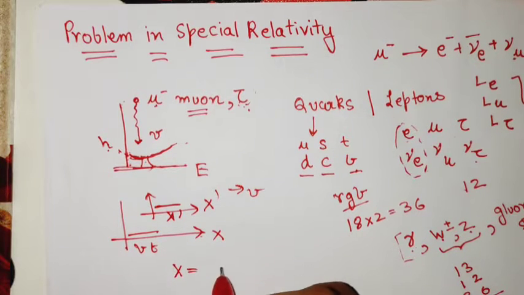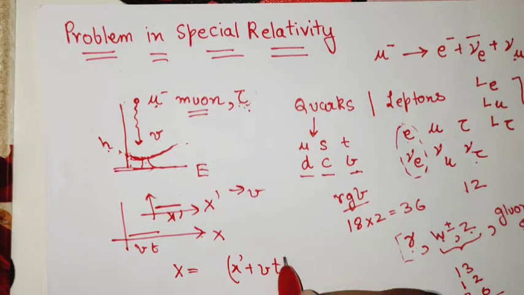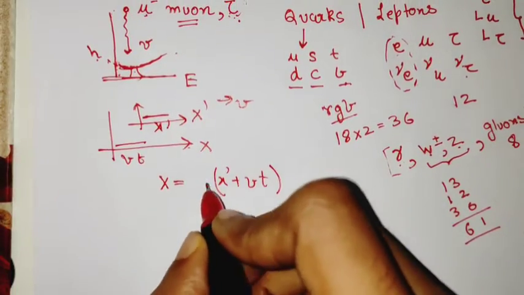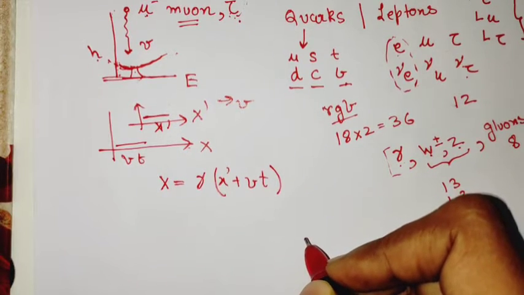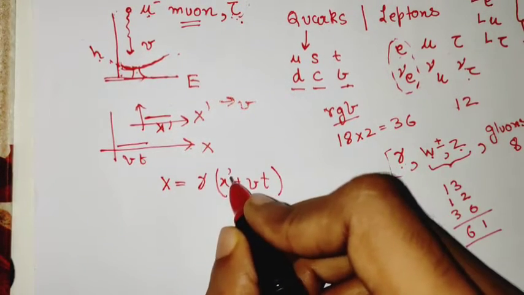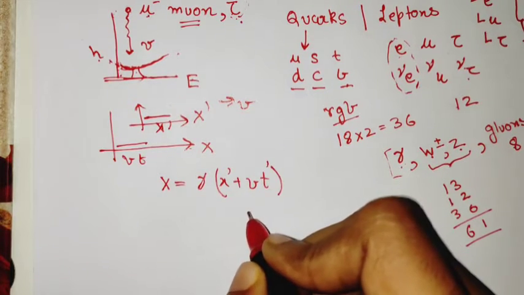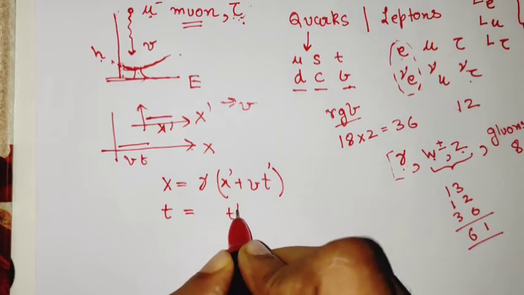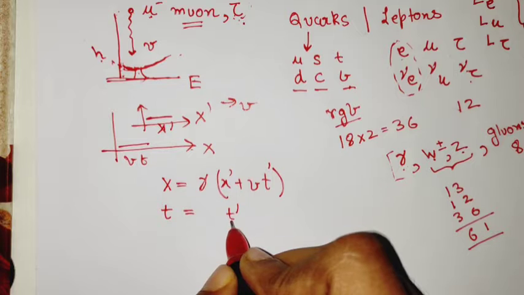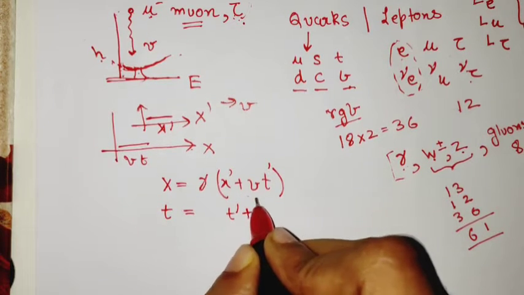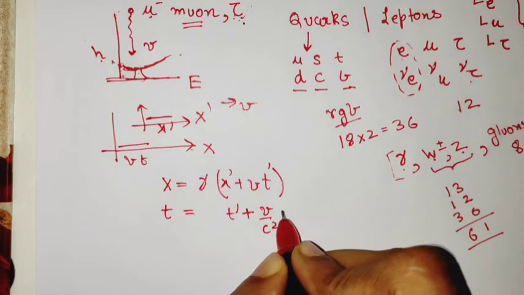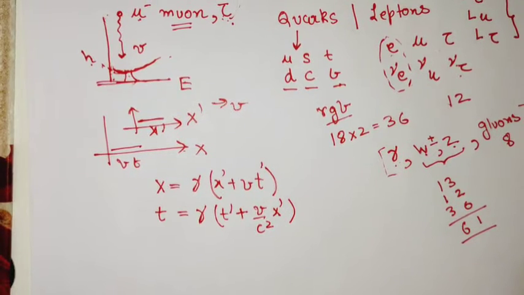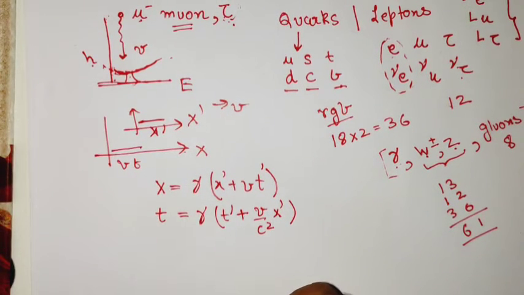So we write x equal to x prime plus vt, but this is just our Galilean transformation. To get our special relativity, we have to introduce our factor of gamma, and remember that x and x prime must be on one side together, and we get this kind of a thing. And similarly we can write t equal to t prime, but that is again only in Galilean transformation. So we put a same sign, v over c squared, and then we have x prime and gamma. So these are our transformations, and from these we can also consider the inverse transformations.